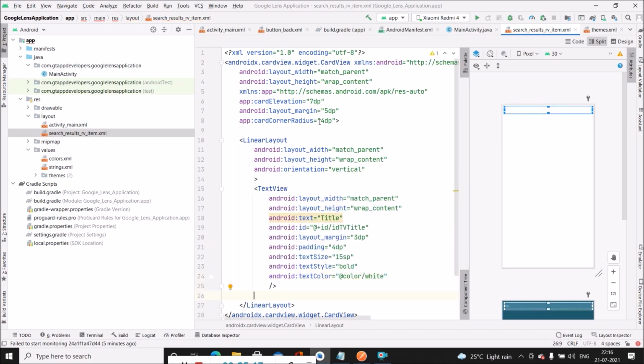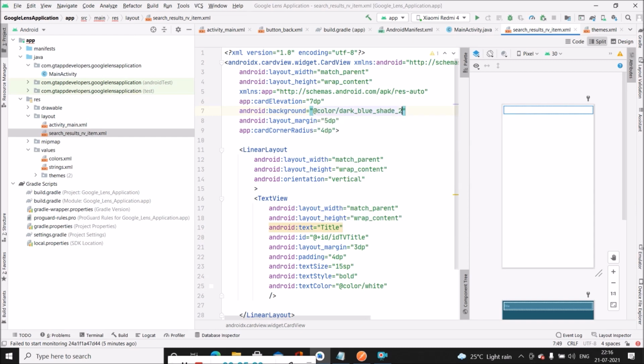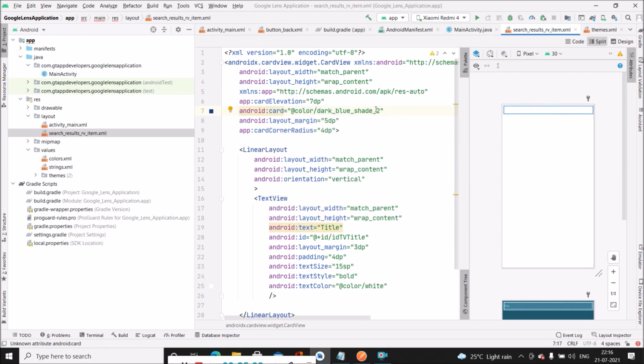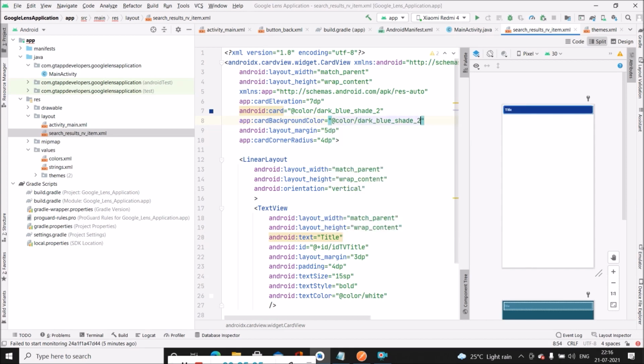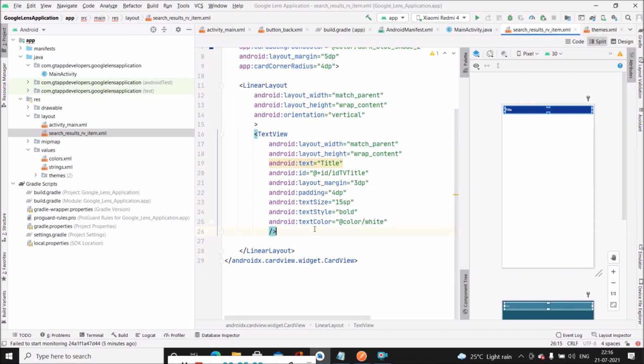Now we will be adding the background to our card view. Now this one first will be our title text view, then we will create another one. So we will simply copy this one.